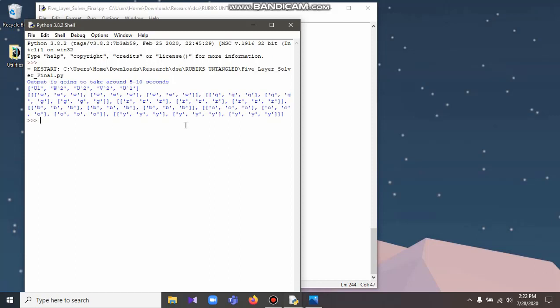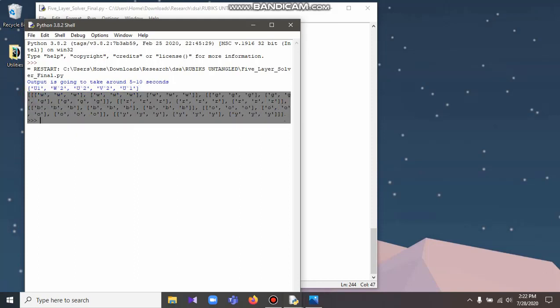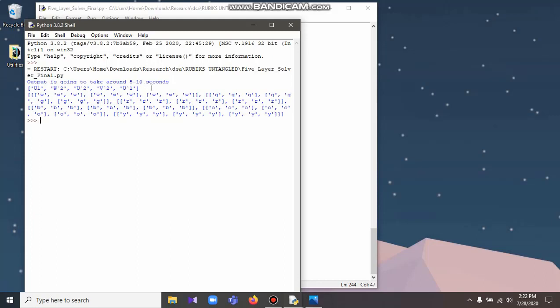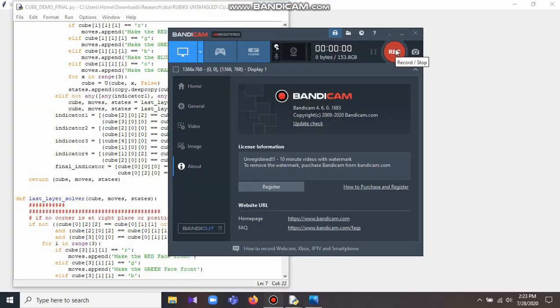As you can see, we have obtained the output of a solved Rubik's cube. As you can see in the string here, it took only 5 moves, which is much more efficient than the previously shown layer by layer algorithm. This only utilizes 5 moves to solve the Rubik's cube. Similarly, if you increase the moves to greater than 5, it will take much more time, and it will be a solution of 5 to 6 moves.